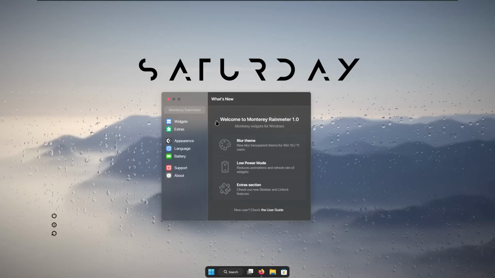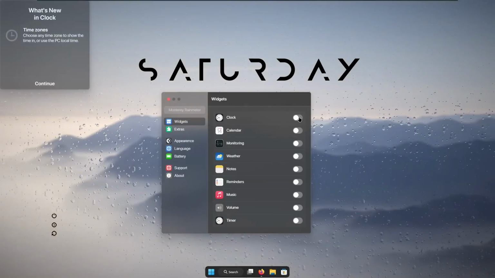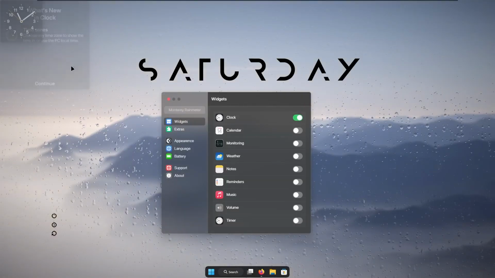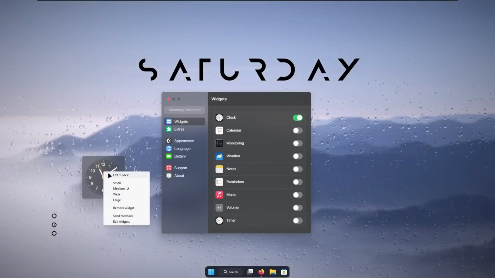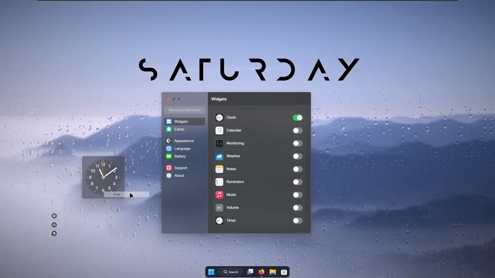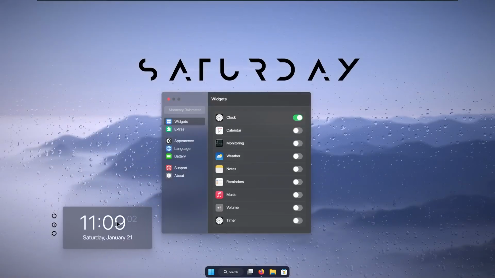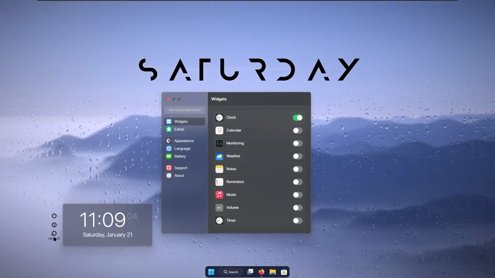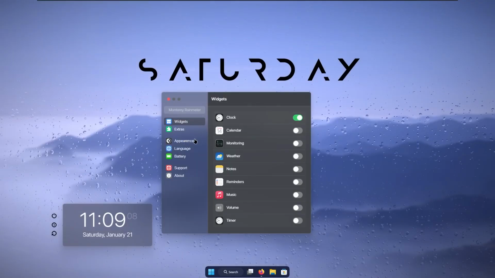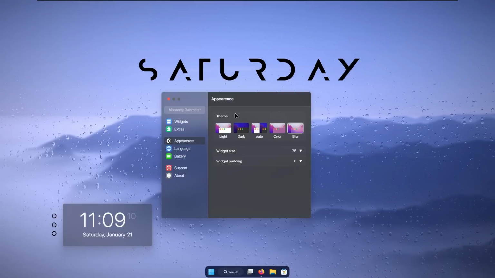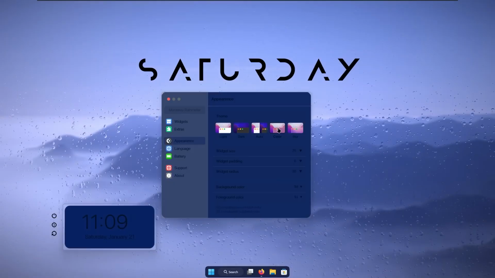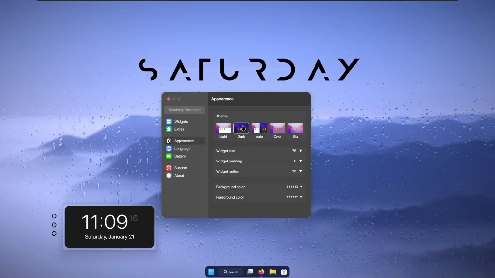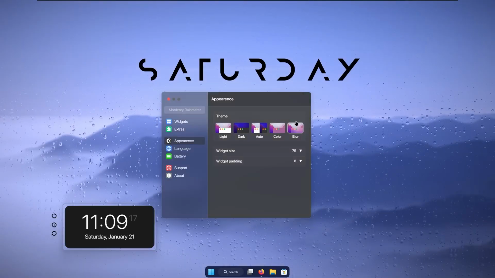I will go to the widgets, and here I will select the clock. And here, click continue. If you want, you can right click on the widget and then select here the white option. And I will place this one here near this first widget which we created. And now under the appearance, you can also change, for example, the theme of the widget. You can select, for example, the color here or the dark version, but I think that the blur one looks